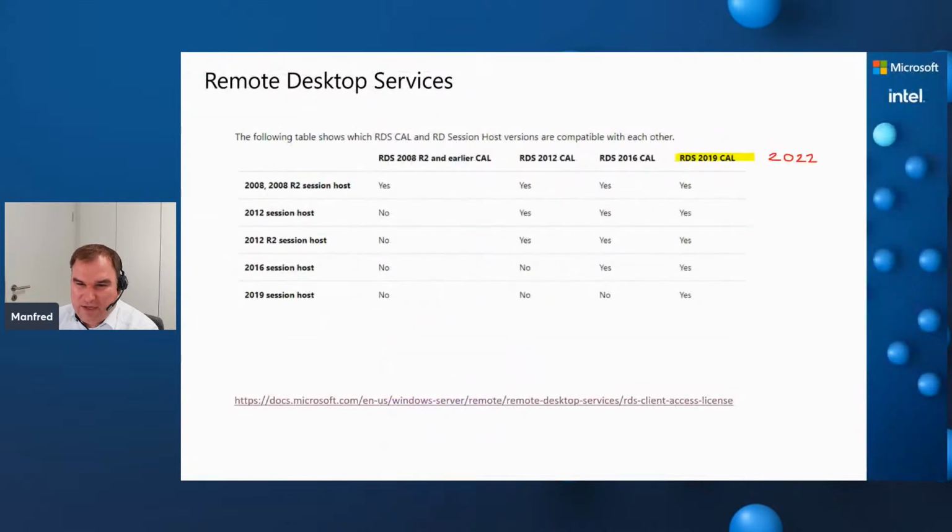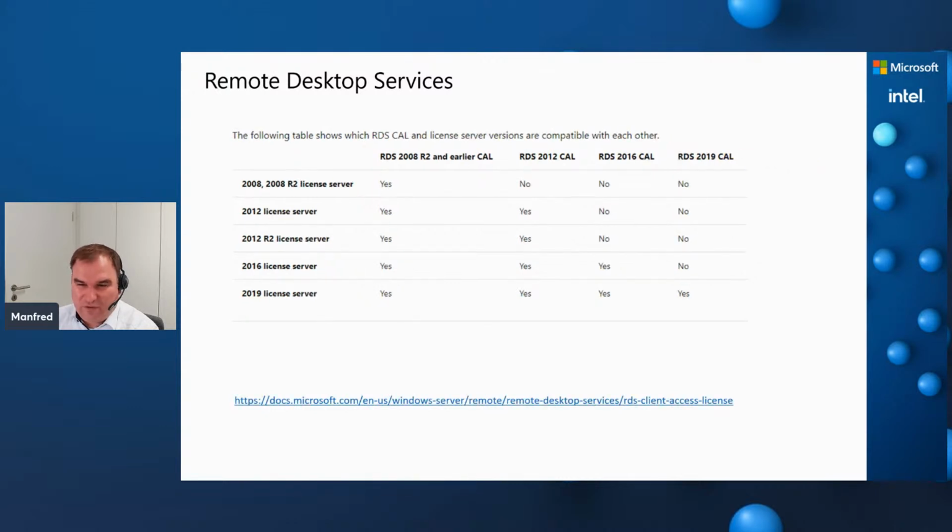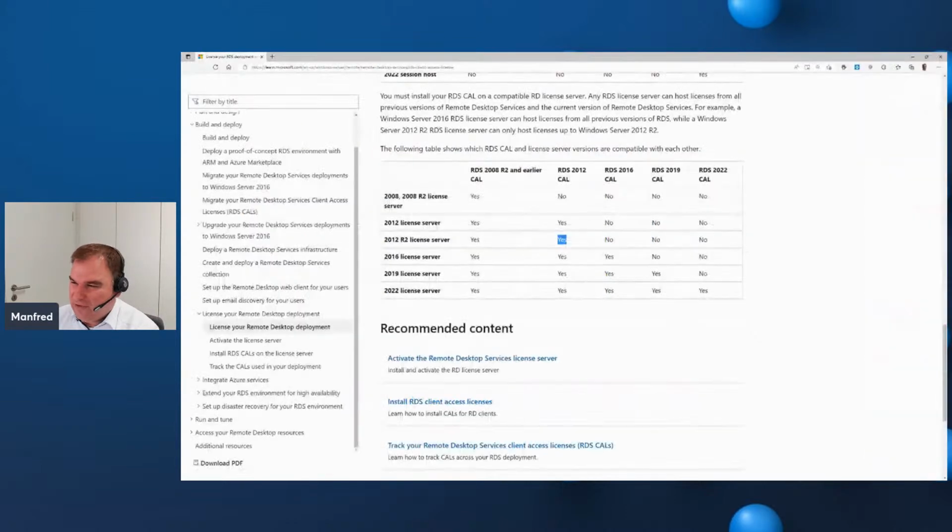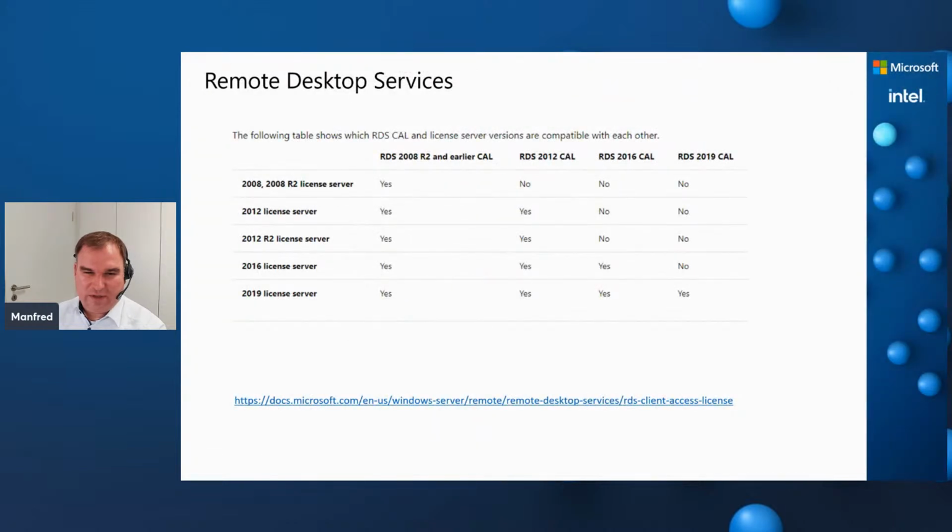This is important to understand because regarding the usage rights, the Windows Server CAL and the RDS CAL are absolutely identical. But regarding the handling, the difference is that for the Windows Server CAL, the customer has to buy the client access licenses and document them, but you don't have a technical service where you enter them. For the remote desktop services, we have this technical service to enter them. Okay, the RDS CALs. Hopefully this is clear because we will see something about the RDS server in a few minutes in the live demo.